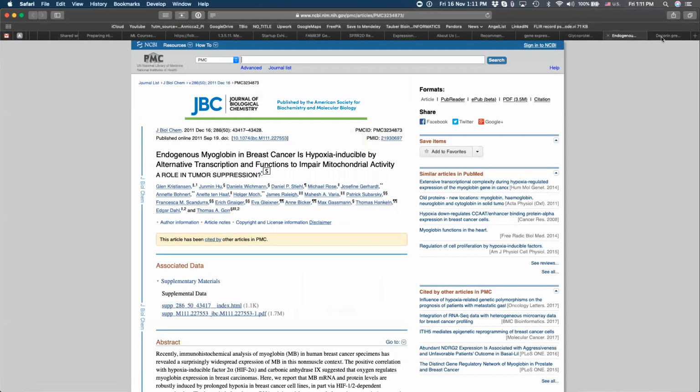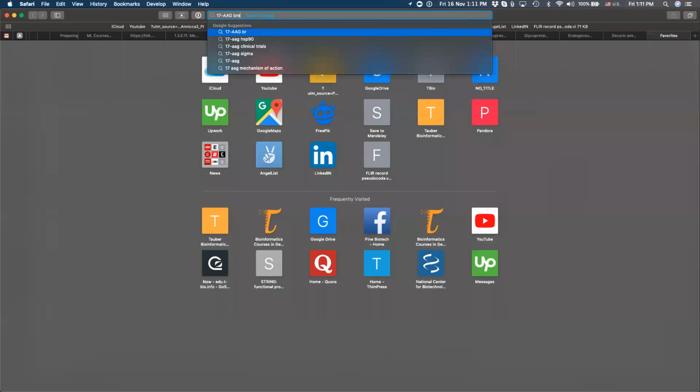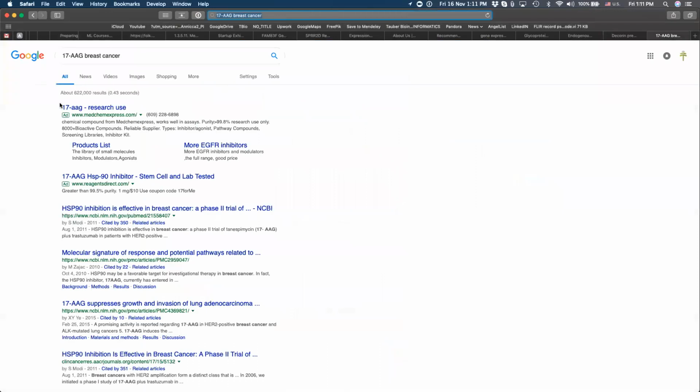So now we can look at this drug real quick and just see what this is to get a sense of what we are going to be dealing with. Okay, so you can see here it's a chemical compound. You can buy it here, and here's some publications. So 17-AAG suppresses growth and invasion of lung. So it is used probably for a number of different cancers, but here's a specific